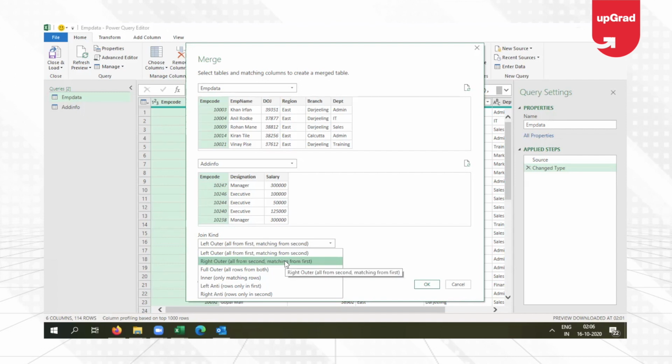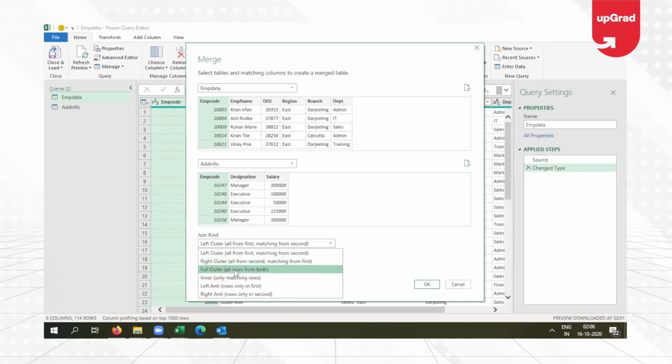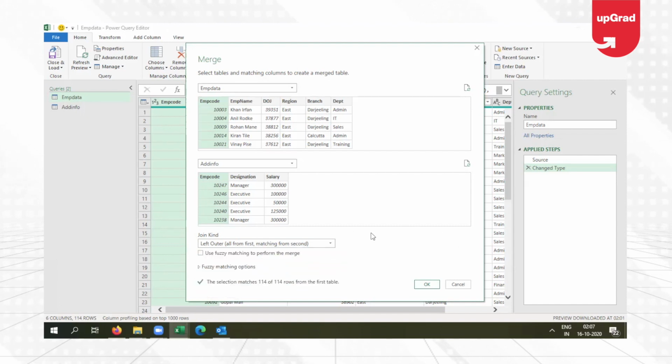If you look at right outer, it will look for all the options which are there in the second database. The second database only has 2, 3, and 4, so the resultant merged query will only have 2, 3, 4. The first one will be skipped because it is going to check the second database, and from the second database it will check for the results in the first database. If you see the full outer, that means it is going to check for both databases. If database 1 has 1, 2, 3, 4 and database 2 has 2, 3, 4, 5, it will give me the result as 1, 2, 3, 4, and 5. And so on and so forth. So you have more options available here.